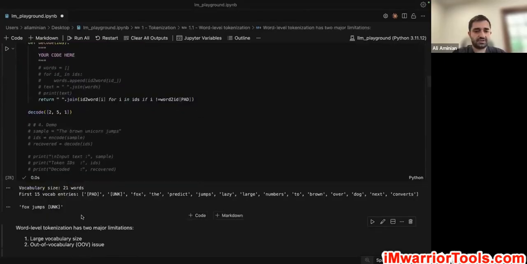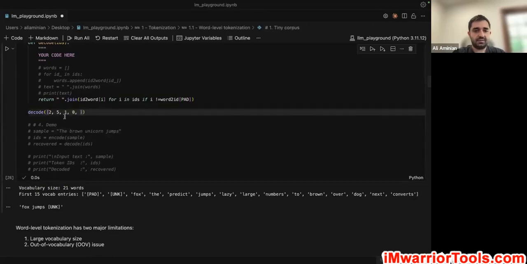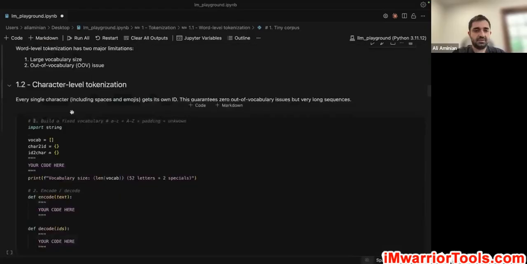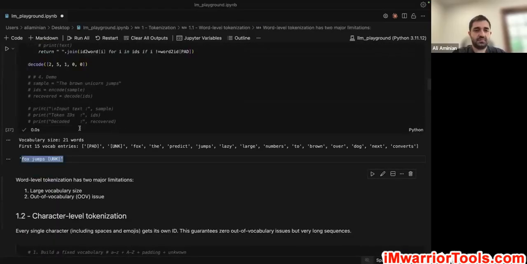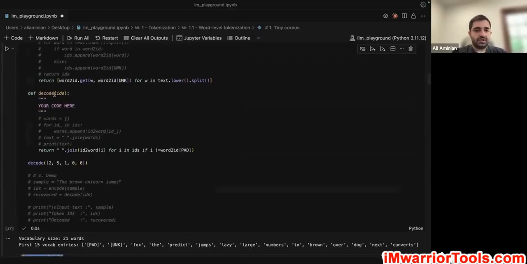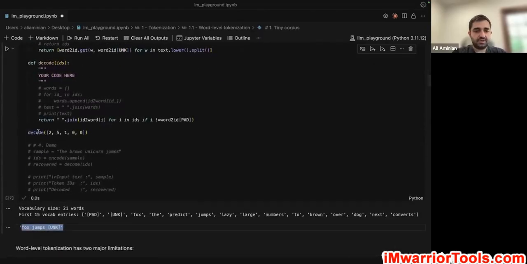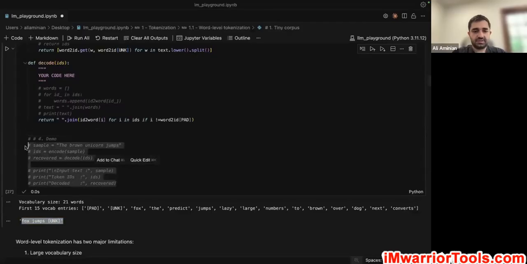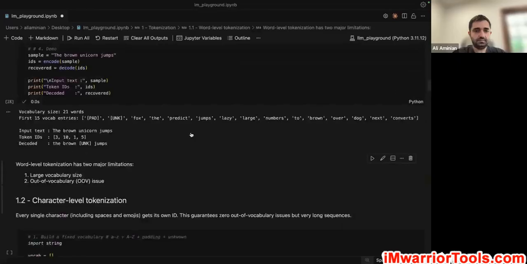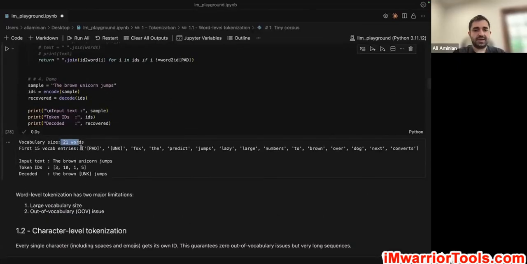Now, if I run this, I'll get fox, jumps, unknown. And if at any point we have the ID corresponding to pad, and let's say another here, we would still get fox, jumps, unknown. So we are good on encode and decode, and this part is now complete. I can remove this, we can uncomment this, and we can run it. So we'll see we have 21 words, all these unique tokens, and then we have the input text, which is the brown unicorn jumps,